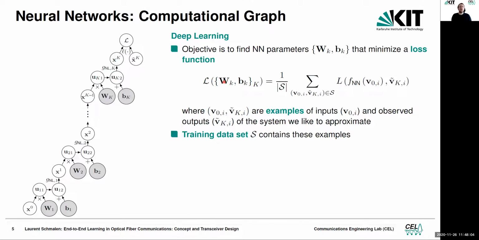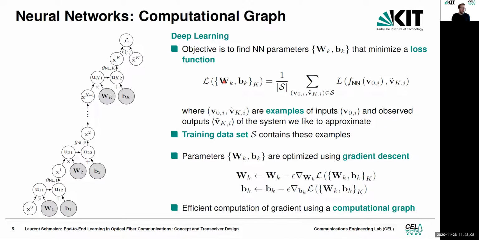Well, we use something that you know from digital signal processing. If you have implemented the CMA algorithm, for instance, you use a technique called gradient descent. You have a loss function that is the distance to the unit circle, and use gradient descent to optimize the parameters of your algorithm. And that's the same we're doing here. So we use gradient descent.